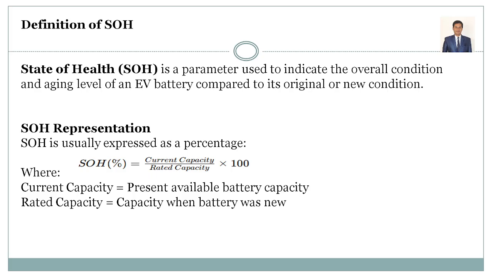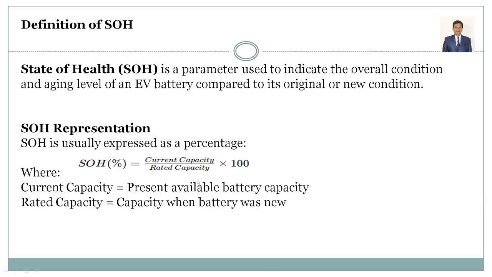After 1 year, the capacity has reduced. It has come down to around 4 Ah, so you can say there is a decrease in the ampere hour. So if you take 4 by 5, that is, in the numerator 4 Ah divided by 5 Ah,